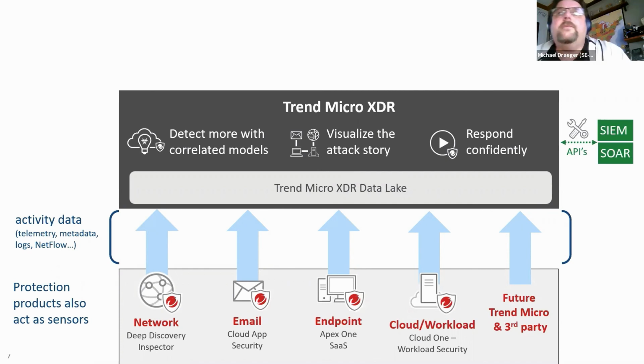We're covering endpoints, so we're getting endpoint workload telemetry, so files open, processes run. We're collecting netflow data on the network side. We're collecting metadata from external and internal emails. Then we apply security analytics to the data lake itself, and this allows us to detect with more